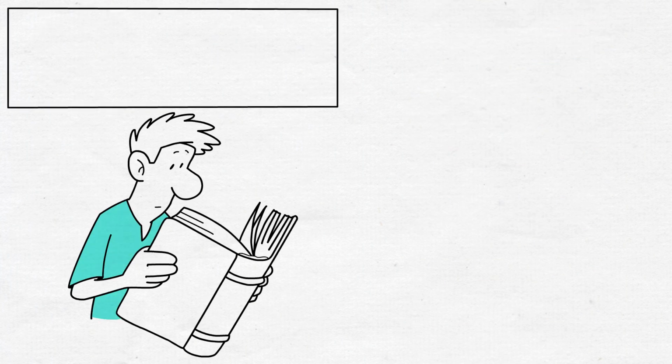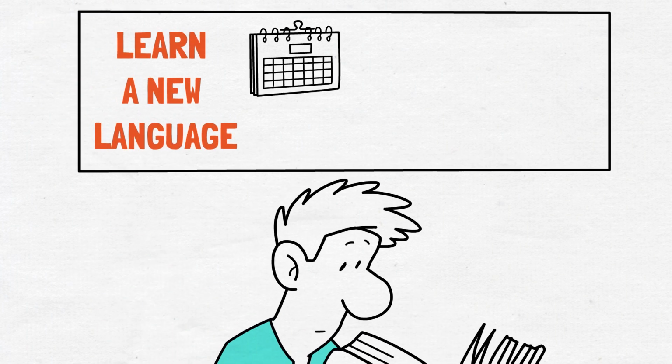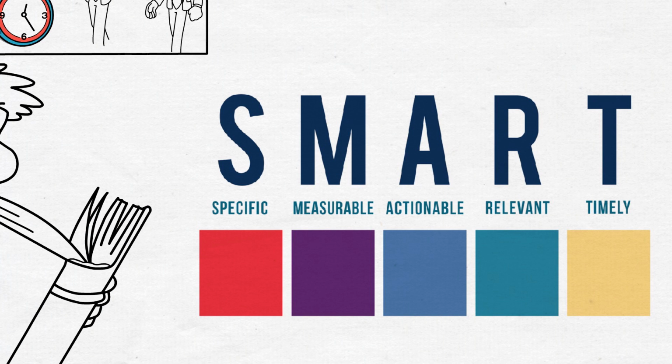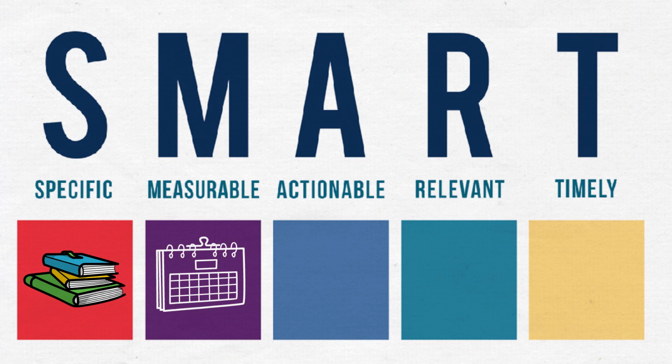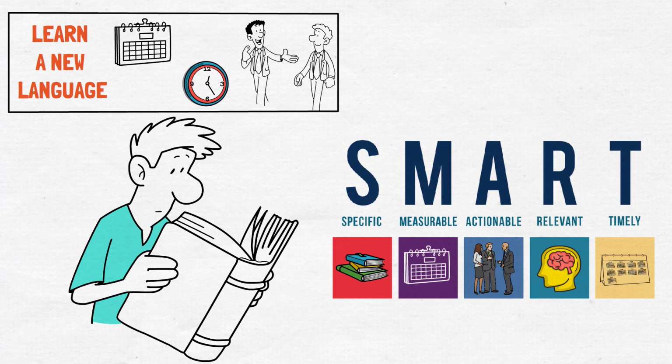One example of a relevant goal in personal development is, "I want to learn a new language within the next year by taking a class, practicing for 30 minutes every day, and speaking with native speakers." This goal is specific as it outlines the desired outcome of learning a new language, measurable by the specific timeline of 1 year, achievable by taking a class, practicing for 30 minutes every day, and speaking with natives, relevant to personal development, and time-bound by the 1-year timeline.